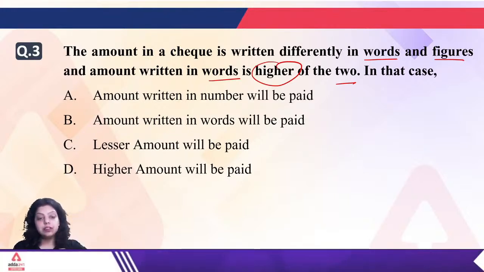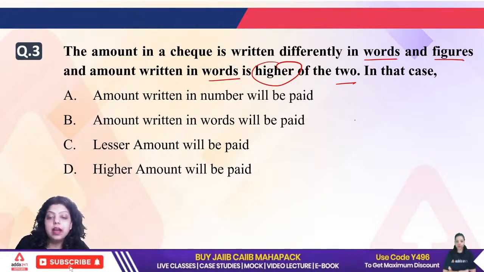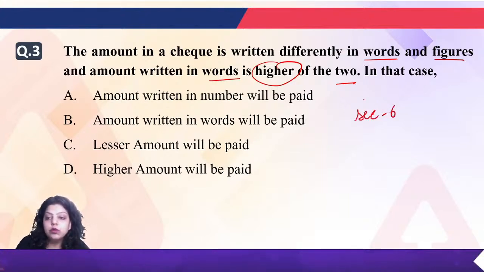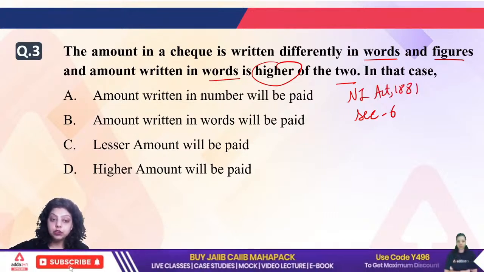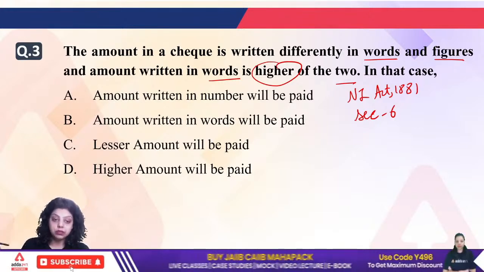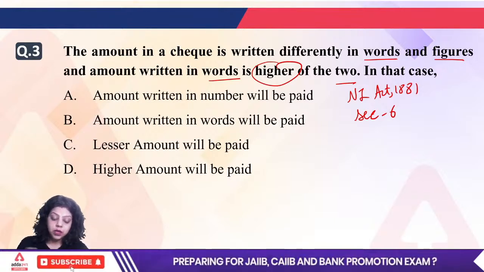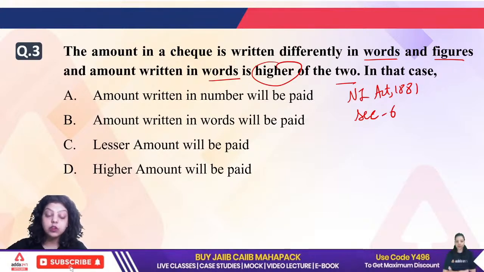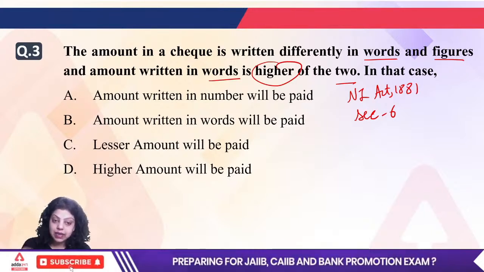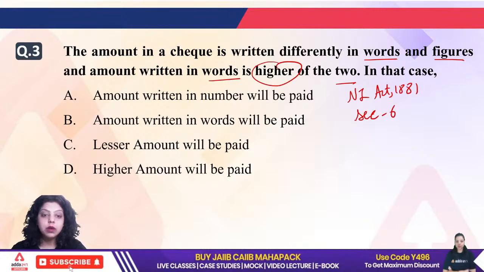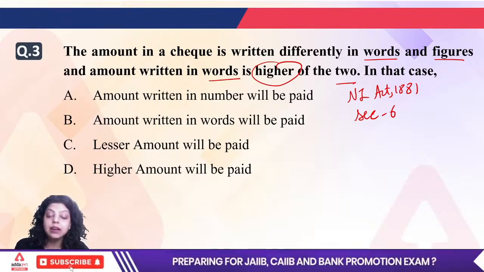So first of all, what is a check? A check is a negotiable instrument, defined under Section 6 of the Negotiable Instruments Act 1881. A check is a type of bill of exchange which can be drawn in the name of a specified person. When you are issuing a check in the name of a specified person, that is also known as an order check. A check is a type of bill of exchange because it can be endorsed and transferred by one person to another person. That's why we say a check is a type of bill of exchange drawn in the name of a specified person.